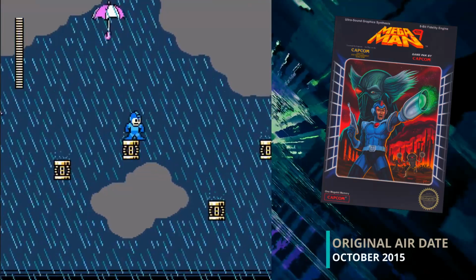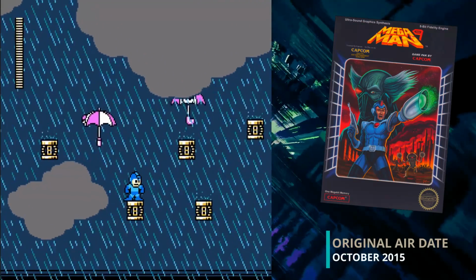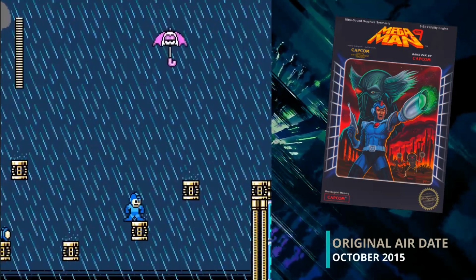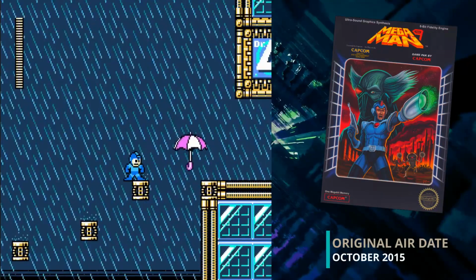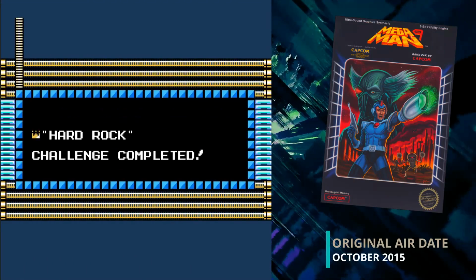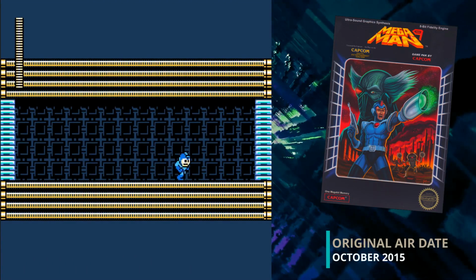And here's one of the problem areas coming up. One umbrella can be behind this cloud up here, so be careful about that. Once that's done, you are pretty much guaranteed to go through the rest. Tornado Man himself